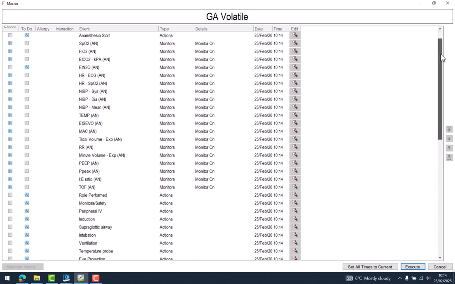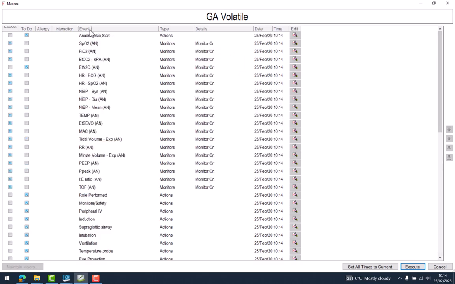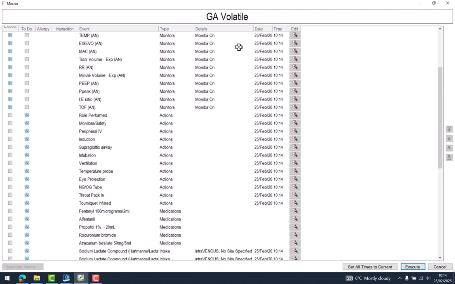And this is basically a list of all the medicines, the most common medicines that you give during the GA volatile. And you see at the top, I've pulled through all the observations and all the data that you want to pull through onto your anaesthetic chart. So this is the same as the to-do list. So once I've clicked on all this,